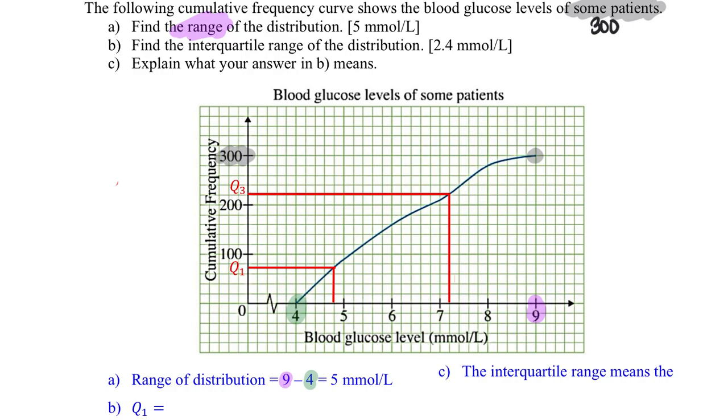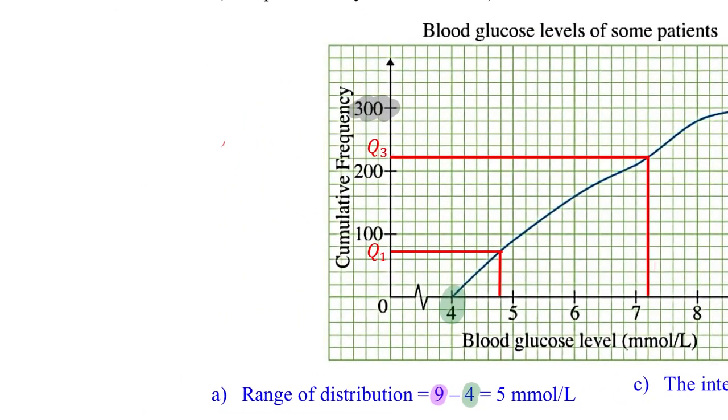Find the interquartile range of this distribution. Well, then I will have to find out two things: the lower quartile and the upper quartile. Because for the interquartile range, we will have to take the upper quartile minus the lower quartile, which is Q3 and Q1. How then can we do that? Well, let me zoom in here. So we know that there are 300 patients, out of which 1/4, or the lower quartile,